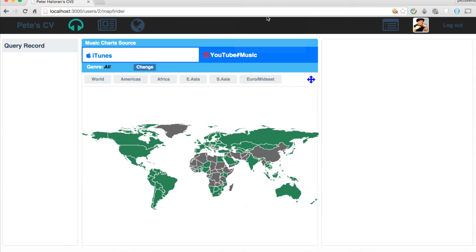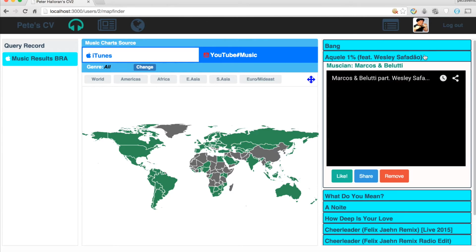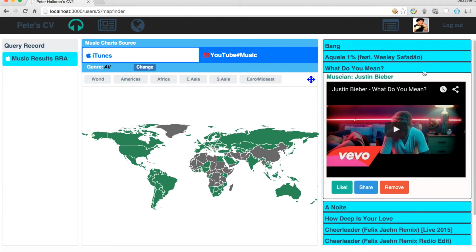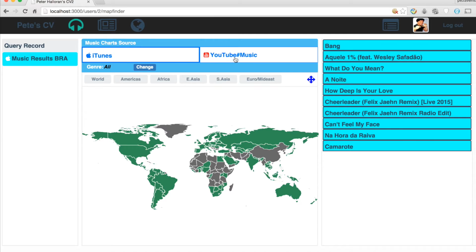Okay, here's the music API. All right, let's choose top songs in Brazil. Okay, so we found the current top songs right now through that source, iTunes, for Brazil. I will add more sources later, but right now it's only iTunes and YouTube.